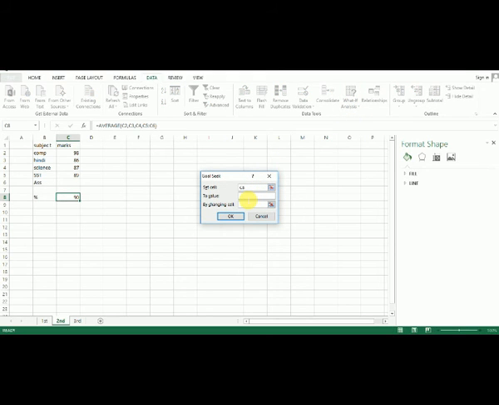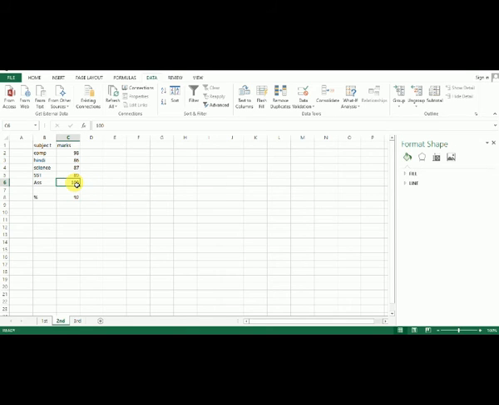See, I want my percentage 92 by changing this cell, click on OK. You can see, last time I got SMS mark 100. I hope all of the students understood.